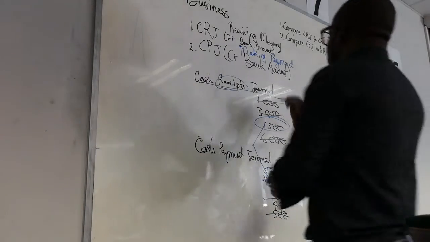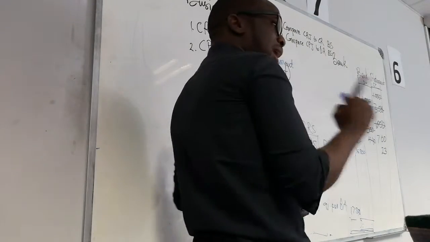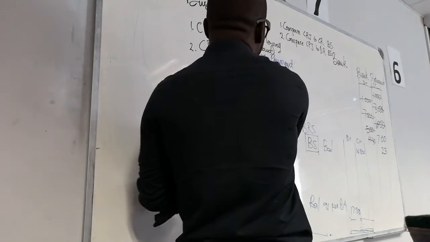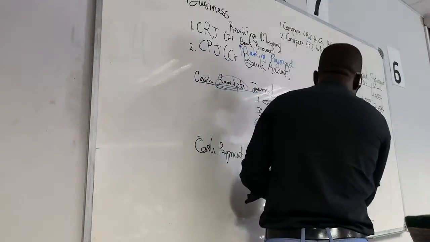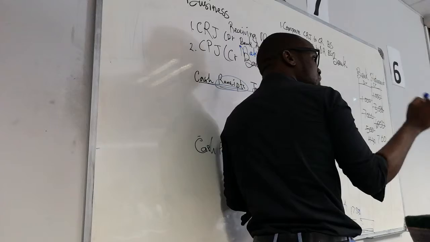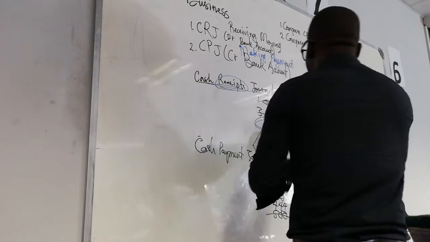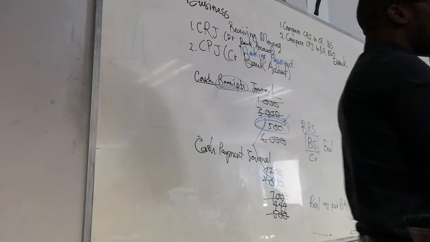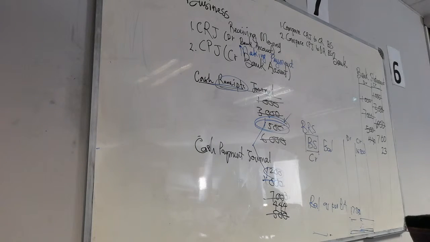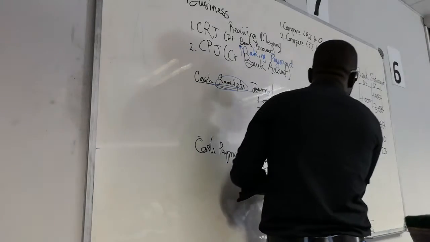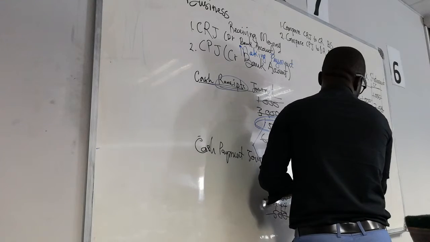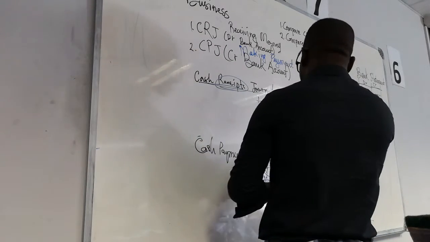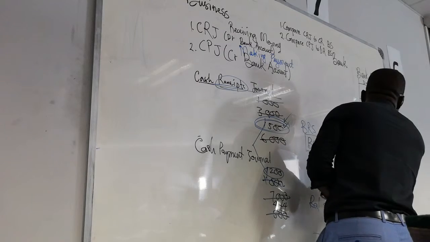They will go and say that they are supposed to all be on the debit side. If they are not, the 500 was supposed to be on the credit side, right? The one from the CRJ was supposed to be on the credit side. So we are going to come here and say credit. This is basically a deposit that we made, but the bank does not know about it. We deposited money, the bank says there is no money that was deposited. So it's not yet reflecting, or something happened. When that happens, we will say credit outstanding deposits. It's an outstanding deposit. It will come on the credit side. This 500 will come here, 500.